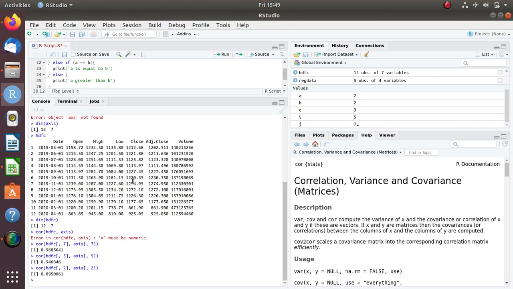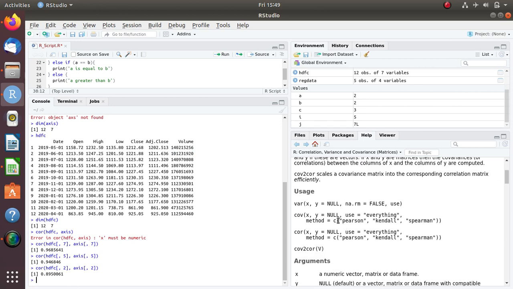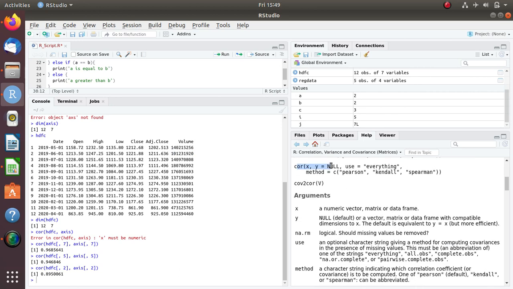Now this is how the bivariate correlation is calculated. Since this is continuous data, these are all ratio data, so I perform the Pearson correlation coefficient. For correlation there are different types of methods. By default it performs the Pearson. If you want to go for the Spearman rho, it is called rank correlation. If you have rank data, just like ordinal data, then you have to perform the Spearman. I am not doing this